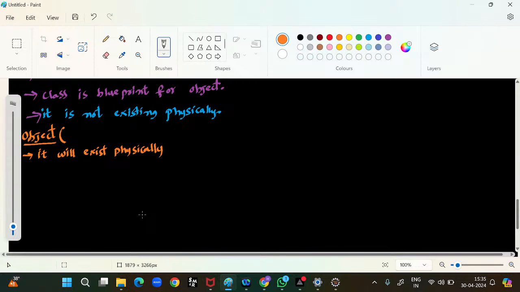Everything available in the world which exists physically, we can say it is an object. All the real-time entities are examples of objects. They exist physically. For creating objects,